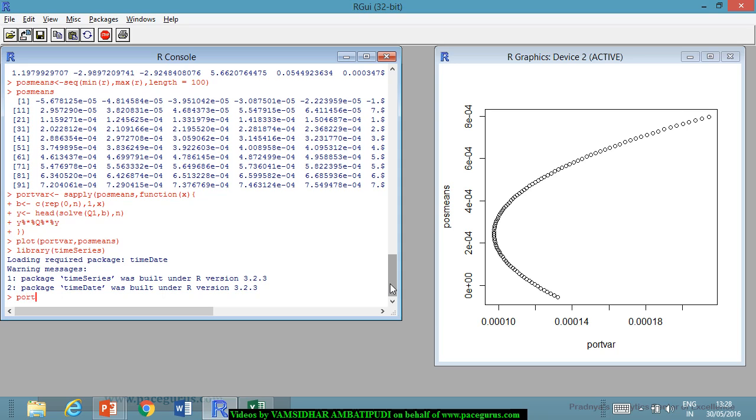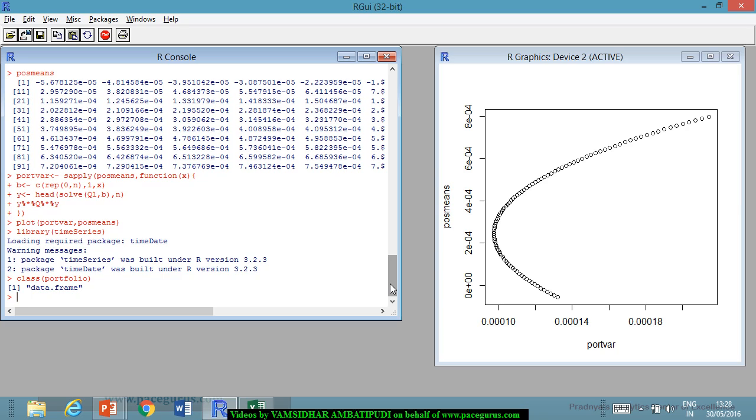I'll convert it into a time series. I'll give the same name portfolio, but I'll take it as a time series now. Earlier it was a data frame, right? Just for your understanding, let me look at the class associated with the portfolio data that we got originally. It's a data frame. Now I'll try to convert it into a time series. So I'm overwriting this variable called portfolio, which will convert it into a time series,